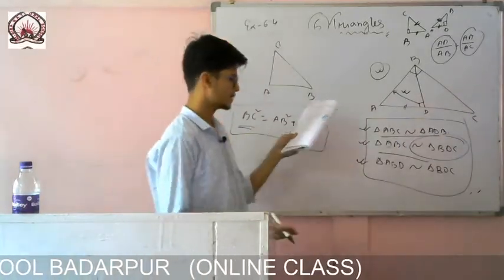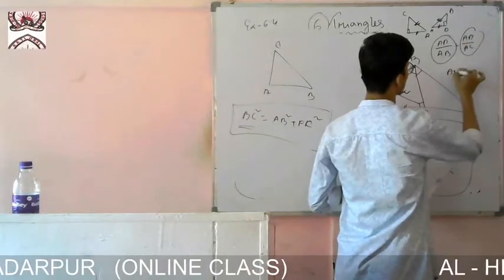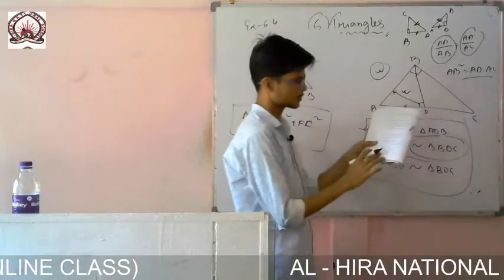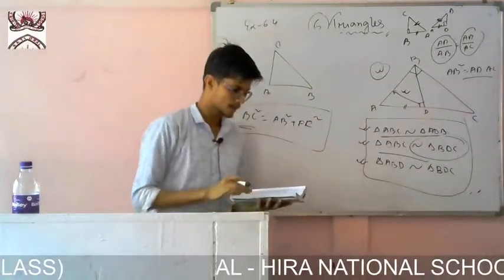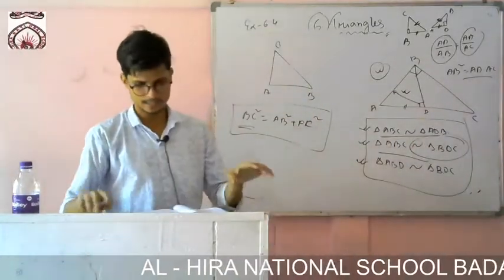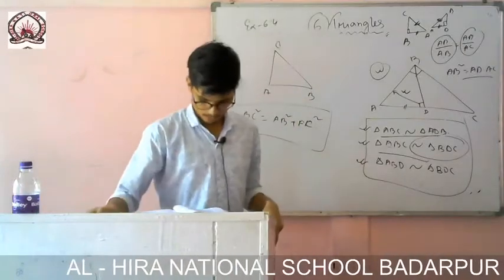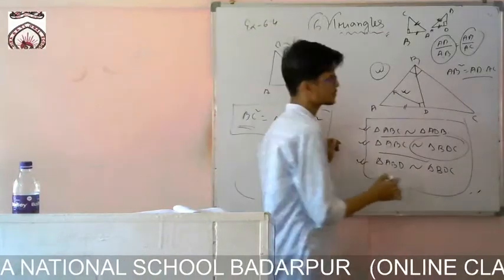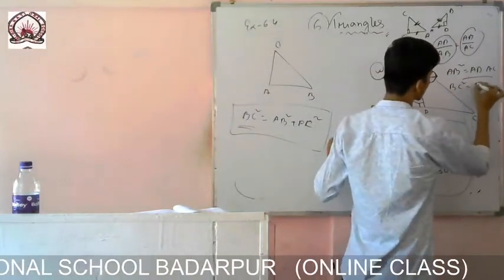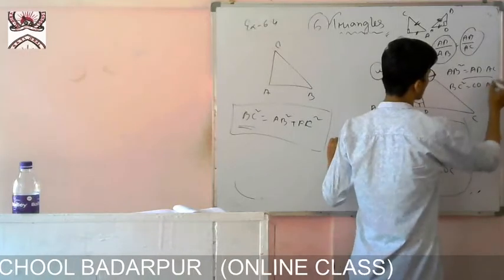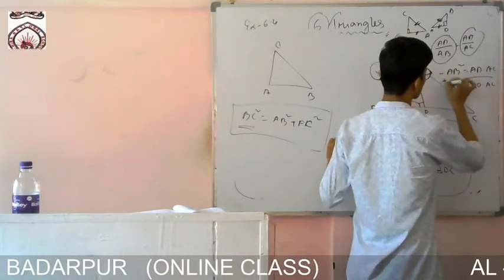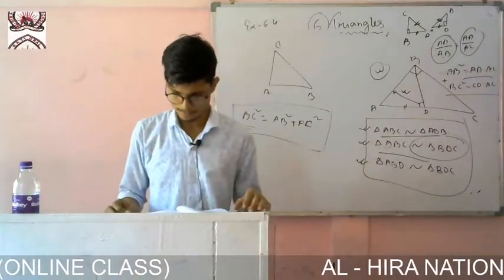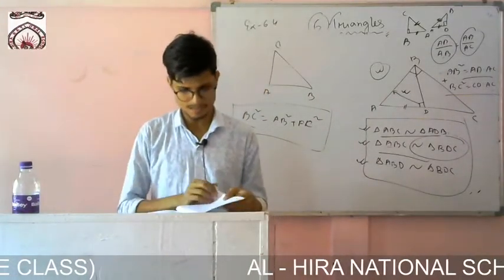Then AB is the same, so I can write AB square equals AD into AC. So you see they have written this. Similarly for the next one also. Then after that they added these two. For the next one they got BC square equals CD into AC, and after that they just added these two and they got the answer. Okay, you just solve it, you can easily solve this one. Theorem 6.9 is also the same, a very easy theorem.